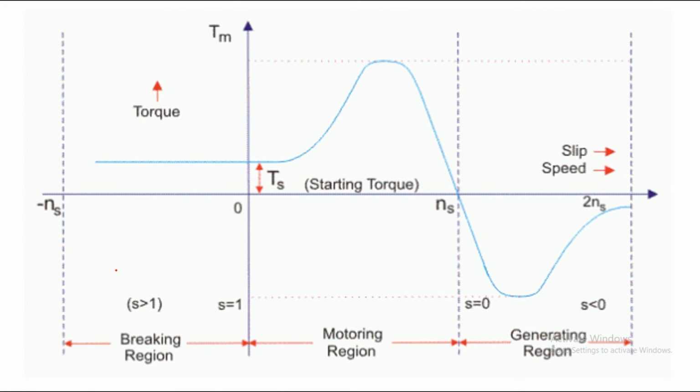As we discussed earlier, we cannot apply mechanical braking directly to a machine which is already running at its highest speed. If we go with mechanical braking, it is going to give an enormous amount of heat, which is going to damage the windings of the machine. So in order to avoid such damage, first we prefer electrical braking, and then we go with mechanical braking. But before going with mechanical braking, after electrical braking we have to disconnect the stator from the supply. That's the condition we have to keep in mind while doing the braking operation.